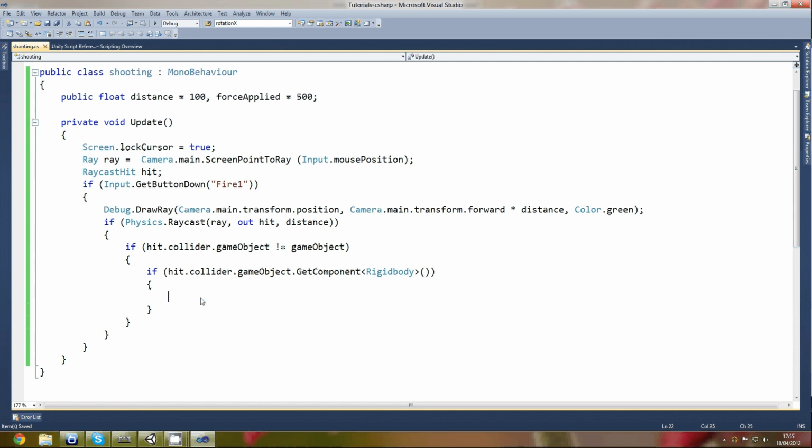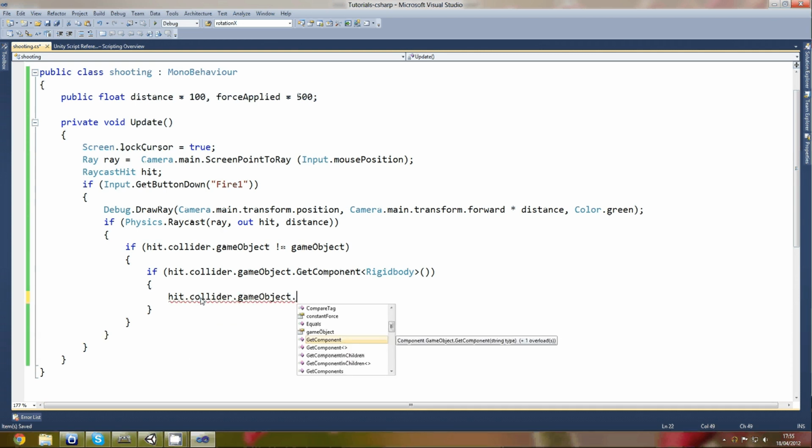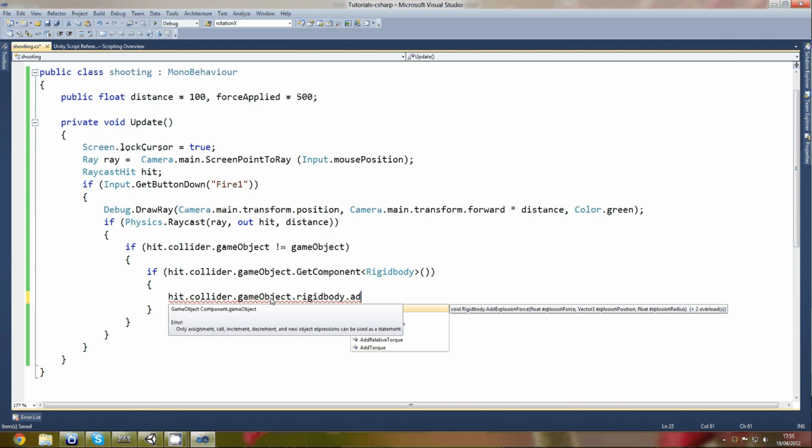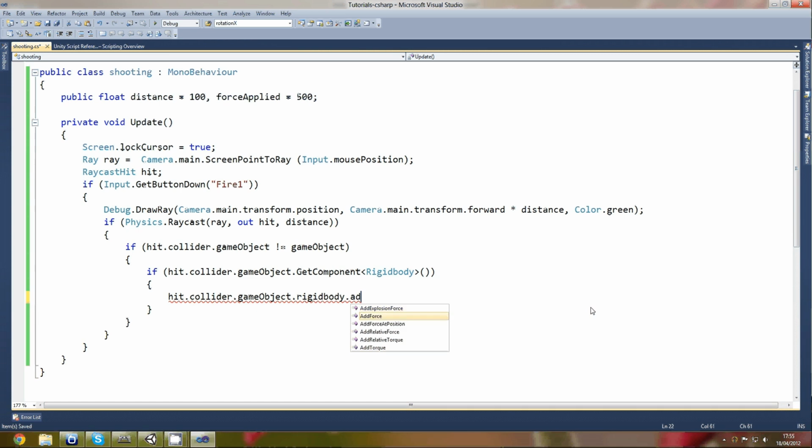So hit, we're going to get the hit.collider.gameObject.rigidbody. Wait, do we need to use GetComponent? I'm not too sure. Let's just try rigidbody first. Rigidbody.AddForce. Oh no, you don't need to. So we're going to the game object and accessing the rigidbody component because that's the thing that applies the force. So apply force, and we want to apply force